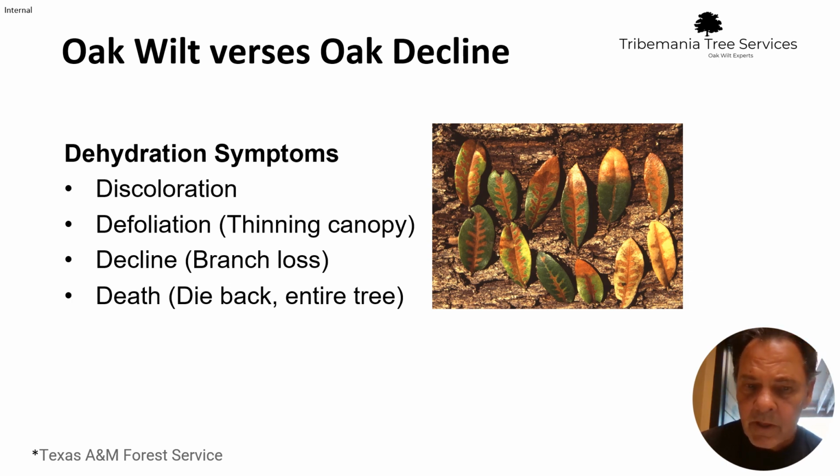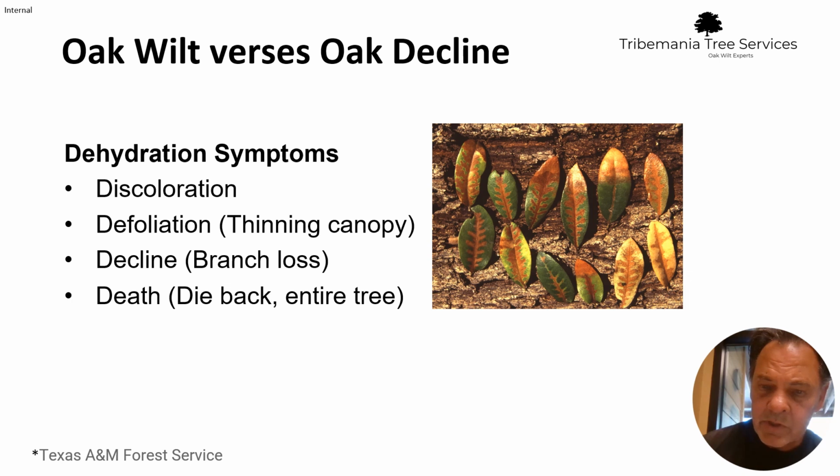And so let's begin by looking to see what the symptoms are that will show up on the trees. These are the four basic primary symptoms that you'll see in both oak wilt and oak decline, and it just starts with discoloration. A healthy and hydrated tree is going to have a green, even a very bright, rich green coloration in the leaves. Trees that are under stress, trees that are being affected by oak wilt and oak decline,